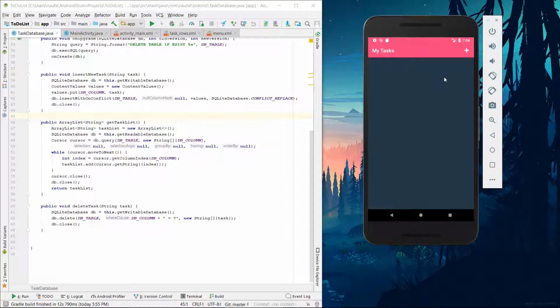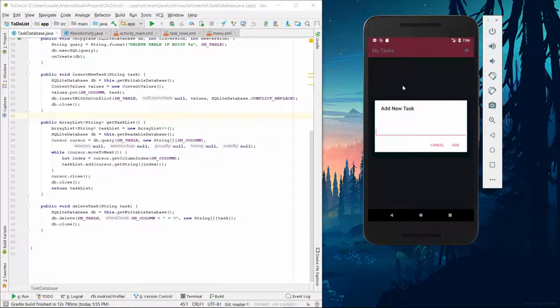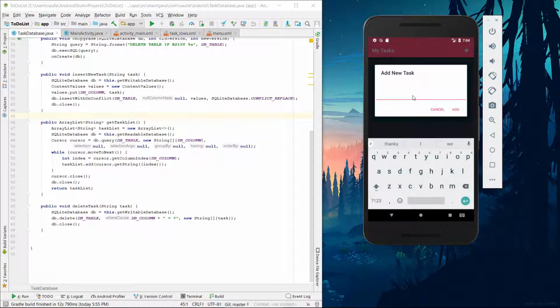Okay, so for the features explanation, there are basically only two key functions. The first one being the ability to add new tasks, which can be done by pressing this plus button on the upper right side of the screen. So we'll click that, and it will bring us the add new task window, which the user can input anything, for example buy some bread, and at this point the user can either add them to the list or they can cancel them. So for now we're going to add them,